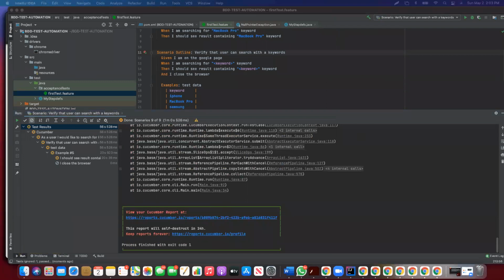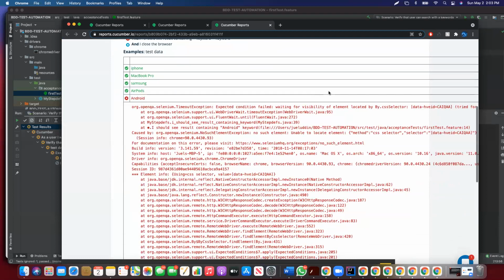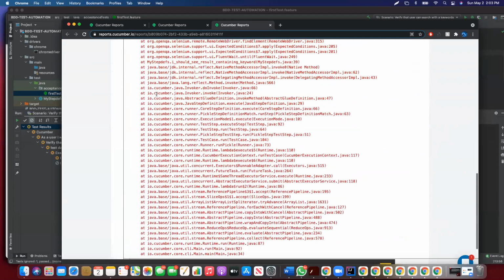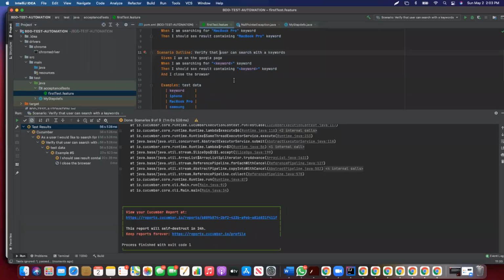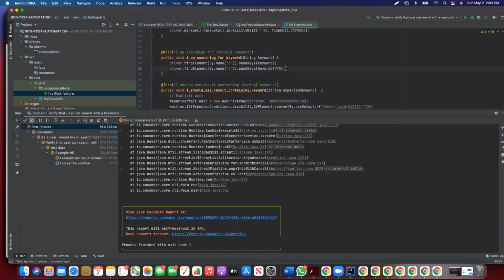Let's go back to our report and notice how we're still generating this report. Android failed this time. All right, so let's give it another try. Let me see what we are doing here. So wait for this. Okay, that's fine. And then we're saying wait until this element is there. Okay. So here, once we click on return, what I want to do is